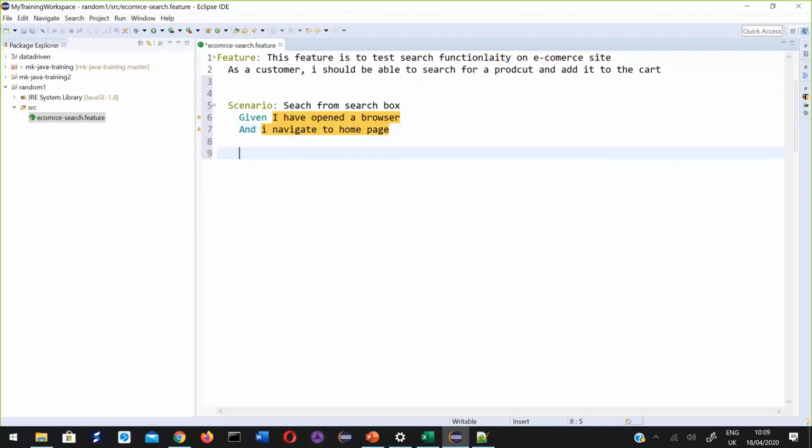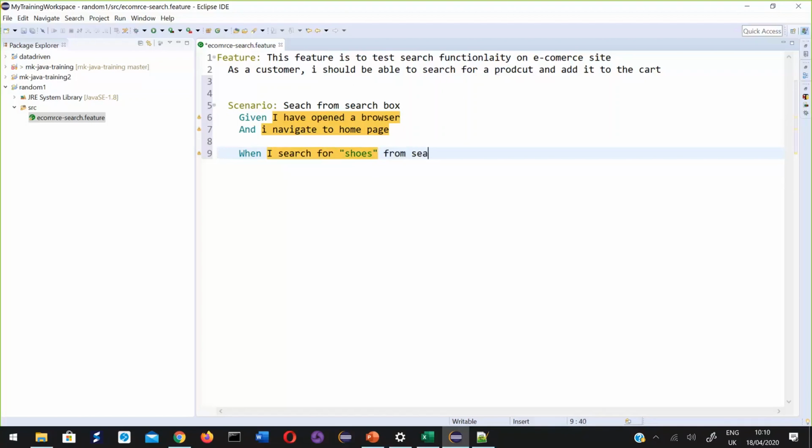Now next thing is when I search for shoes from search box.